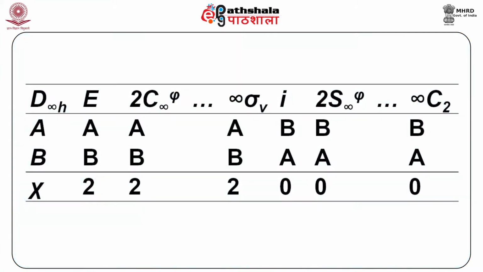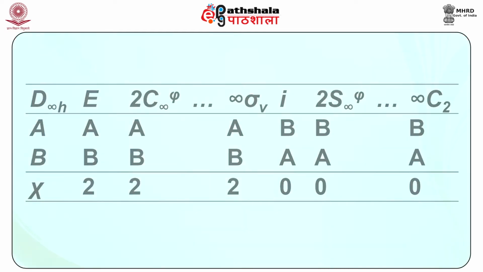Now, all homonuclear diatomic molecules, as you know, belong to the D infinity h molecular point group, which has the elements E, the identity operation, C infinity, rotation by any angle along the bond axis. Then there are an infinite number of vertical planes passing through the C infinity axis. Then you have the center of symmetry i, then the improper rotation S infinity, and then an infinite number of C2 axes.